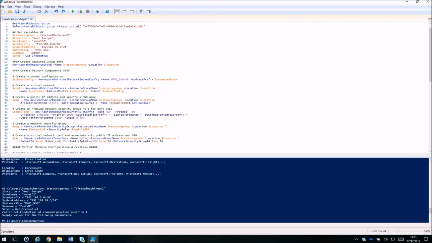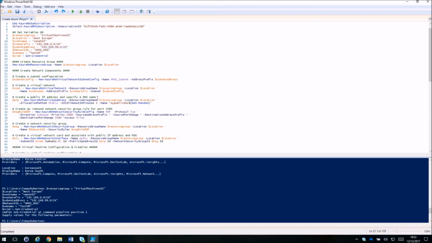This next bunch of commands here are all network related. So basically what we're going to do is we need to create a subnet configuration. So we're not actually creating the subnet in this bit, we're just setting the configuration, which will then be put into the command for the virtual network, and we'll create the subnet as part of the virtual network command. So what we're doing here is we're saying, with a new virtual network subnet configuration, what name we'd like that subnet to have, and also what subnet address we'd like, which we defined earlier up here, which is